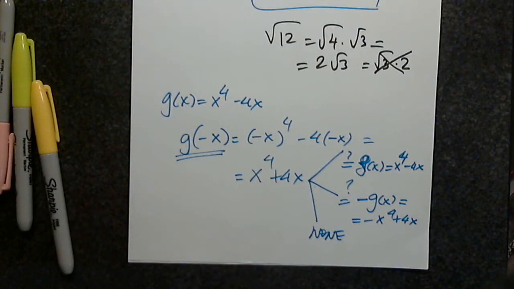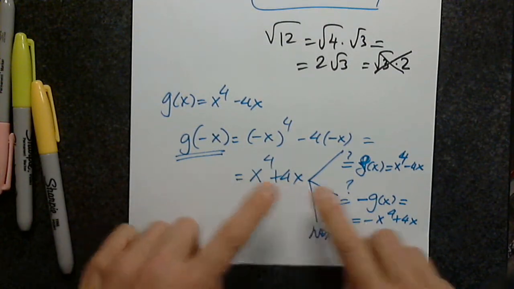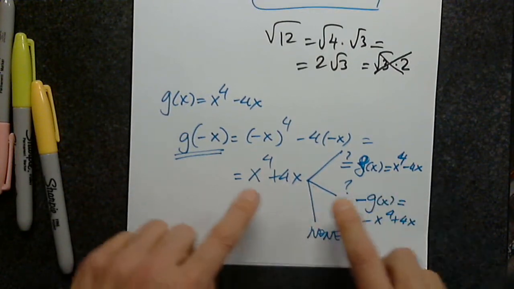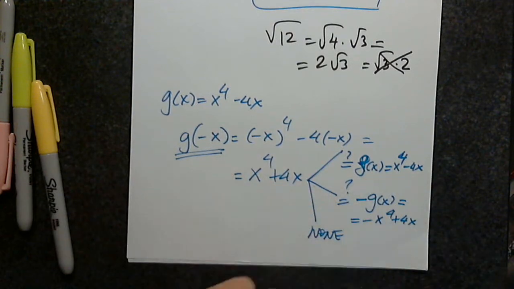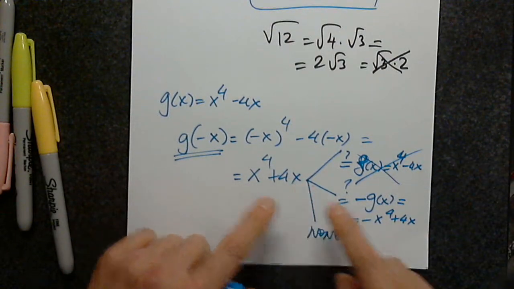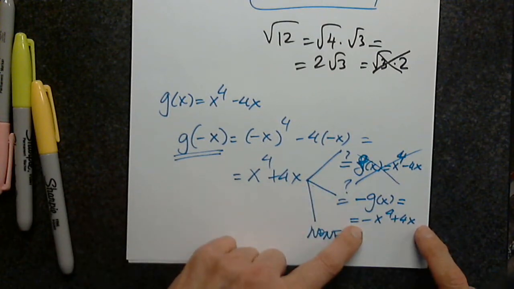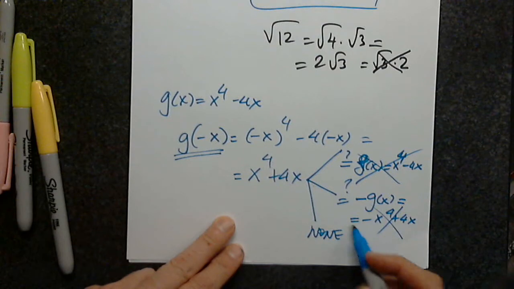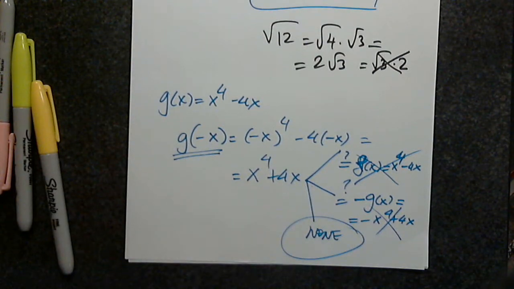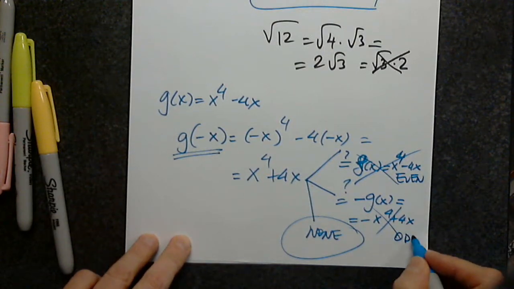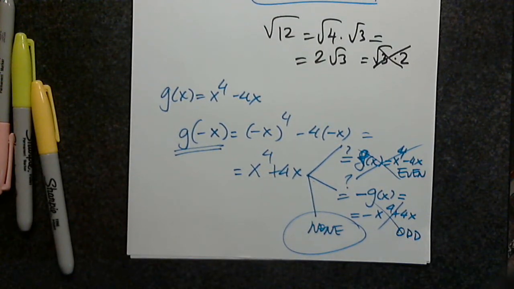So I have to analyze and say, is this identical with this? No. Is this identical with this? No. So this function is not symmetric. It's not even. This would have been even, and this would have been odd. This is what we showed in class. Please redo the problems we do in class. Just punching in a